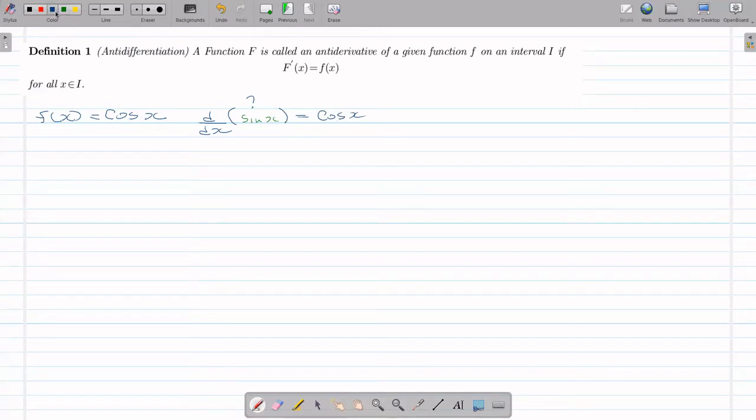Okay, one antiderivative. So I say sine x is an antiderivative